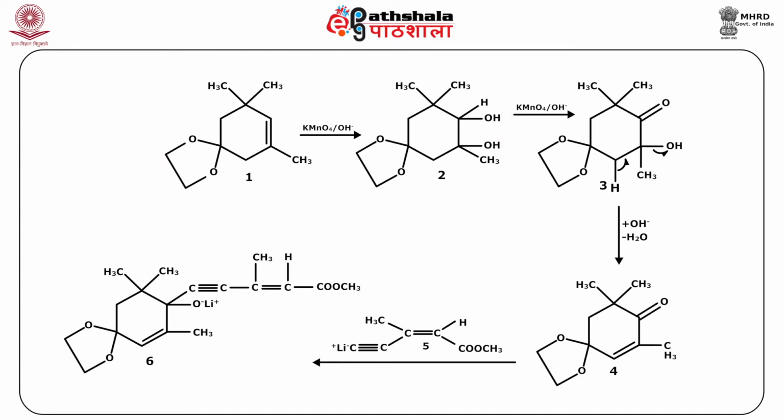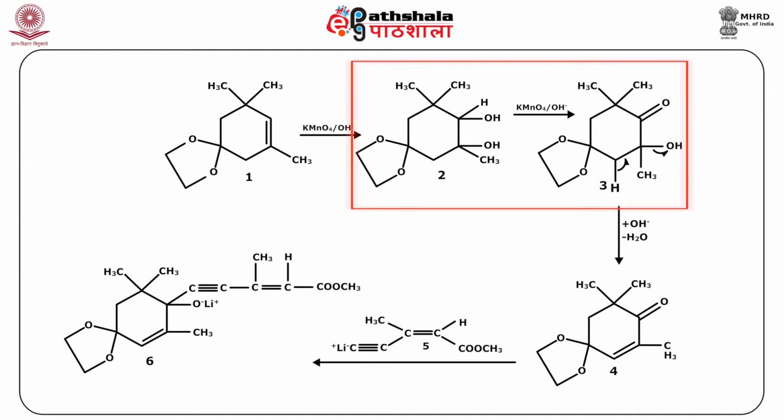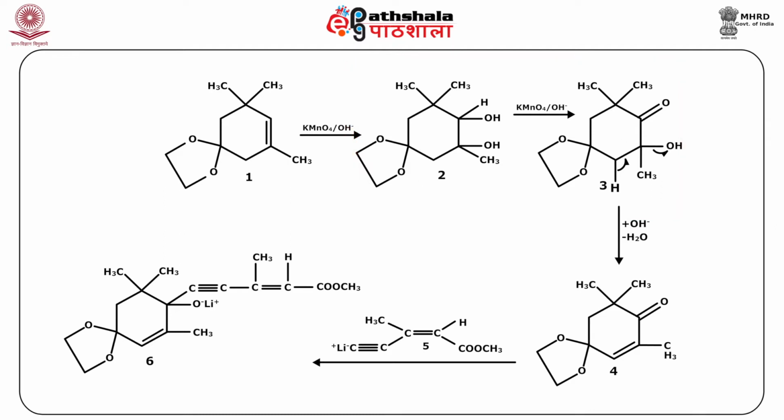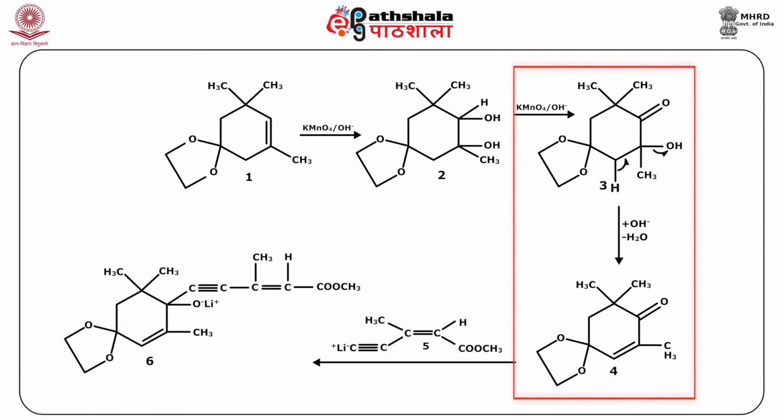In step 3, the secondary hydroxyl group in the cis diol on further oxidation with potassium permanganate under basic conditions is oxidized to ketone. The tertiary alcohol in step 4 is dehydrated using methane sulfonyl chloride under the basic